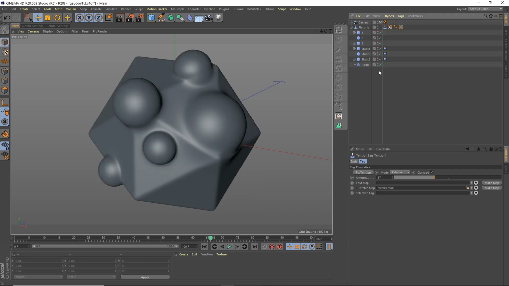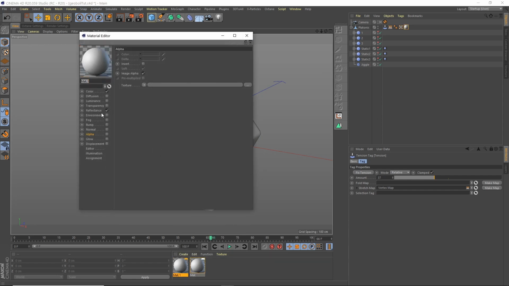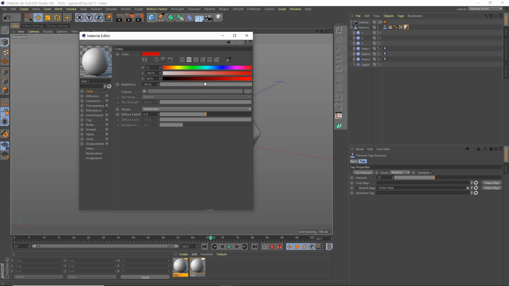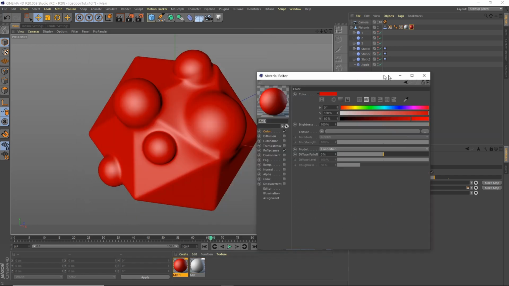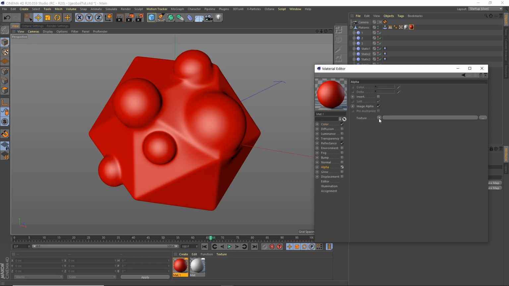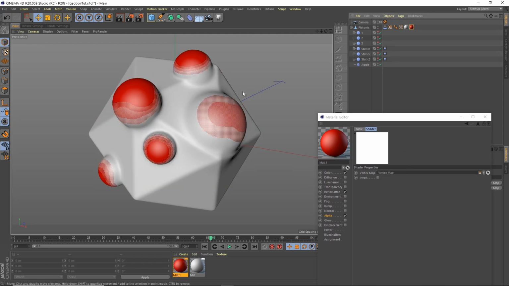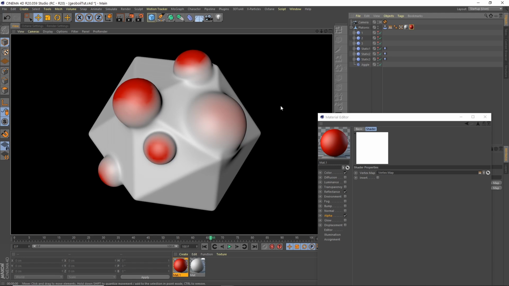So now we want to pump that into some material. I'll do it quickly in a Cinema material. Let's just say new material. We'll leave it white and throw that straight on, and then another new material. Let's make this one red, and I'll throw that on top. Then I'm going to use the alpha channel, and under texture, let's go to effects, vertex map. Let's click on here. We can drag the vertex map in,